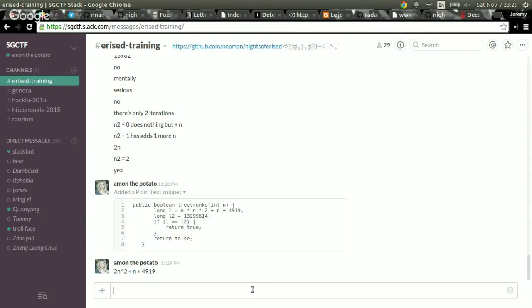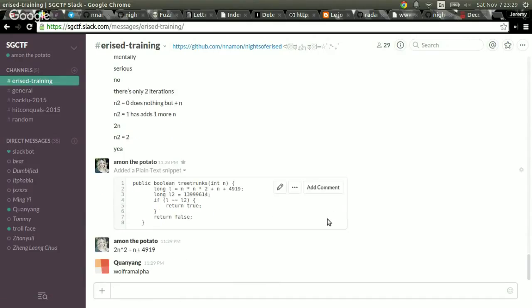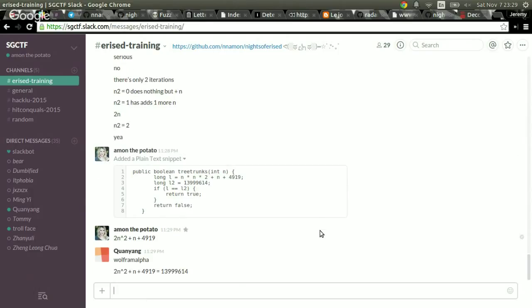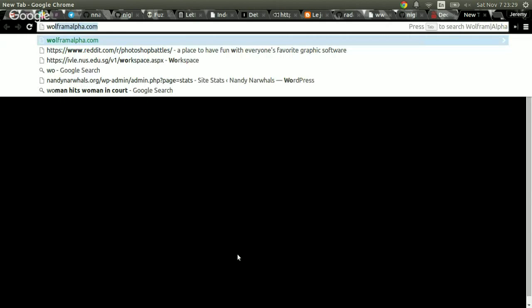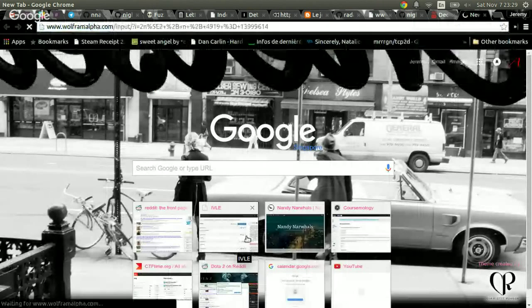How do we find a number that gives us this big number out of this equation? Is there anything you can use? Is there anything you can program? Okay, so someone give me the query string for that. Okay, yeah, if you use Wolfram Alpha, and we use that quite a lot in CTFs,